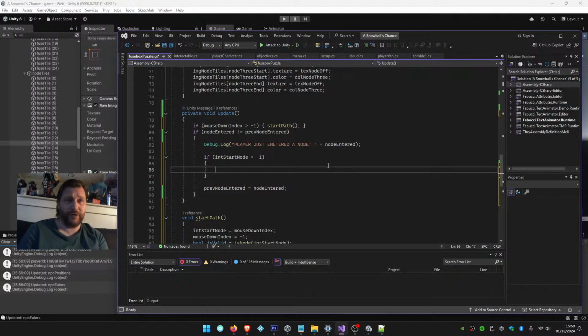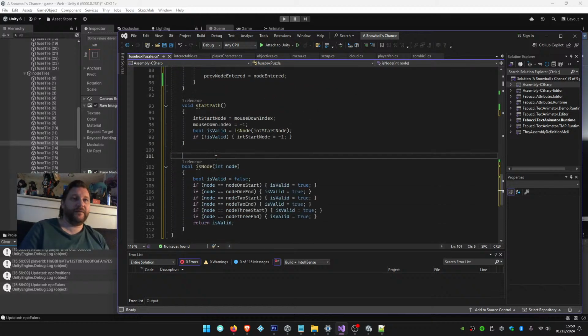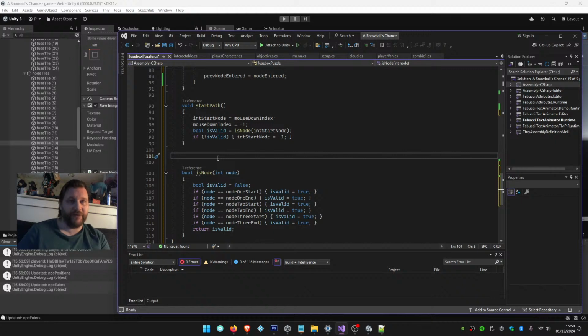So here's how it's going to work. We'll probably do a function for this. Yeah, we'll do a function called getDirection, and it's going to return an integer direction. You know what? Just for sanity reasons, let's make it a string. It's going to return a string. It's going to be called getDirection. It's going to take a node